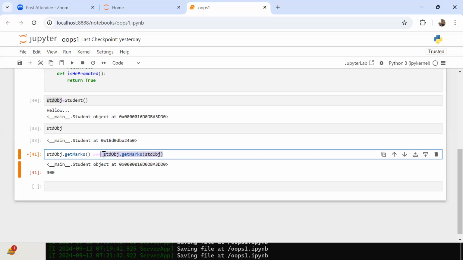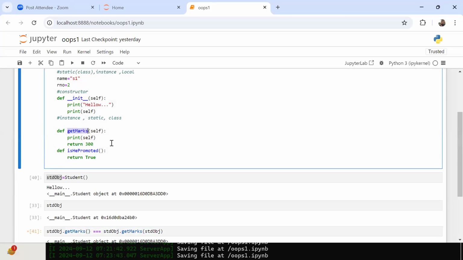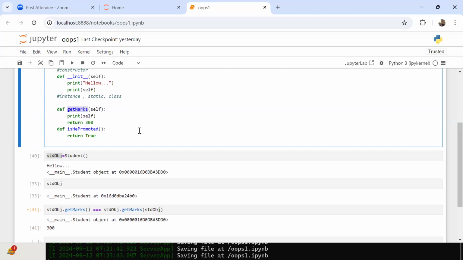Not like Java, not like JavaScript. There is something different in Python. Java can directly call it. If you want to pass, you can pass it. But here in Python, each and every method is called by passing some parameters. If it is an instance method, static method, or class method, we can differentiate later. For now, you can understand the basic thing. Understood, everyone?